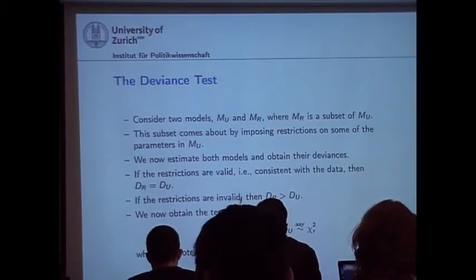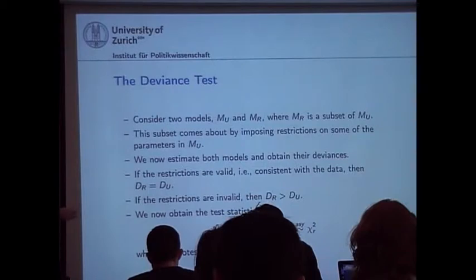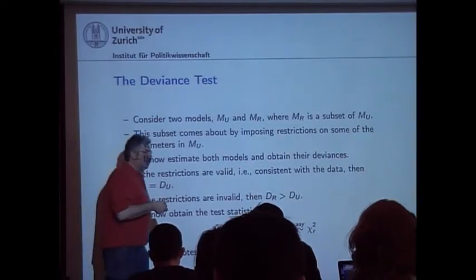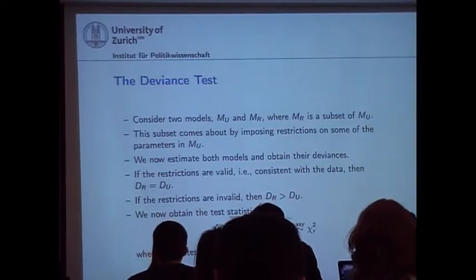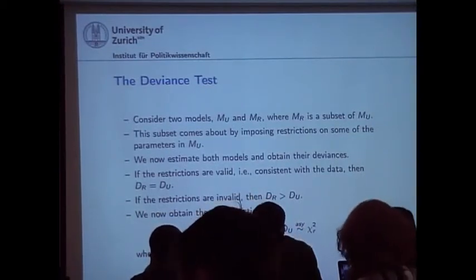In MU, I estimate these variance components, and in MR, I'm going to set them equal to 0. Now you obtain both of these models and their deviances. And if the restrictions are valid,